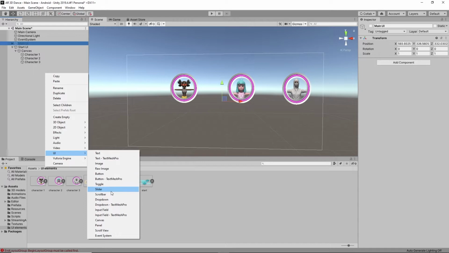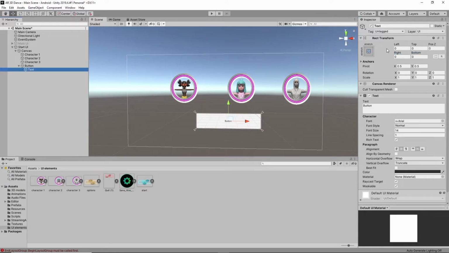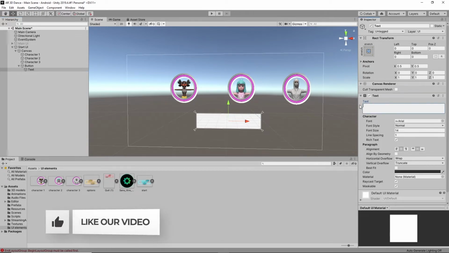So I'm going to take a normal button here. Here I'm going to change the text of this button like that. I'm going to make it here in between the center of this. I'm going to change it to 0, 0, 0 and 0. And here in the text button, I'm going to change it to back, like this.